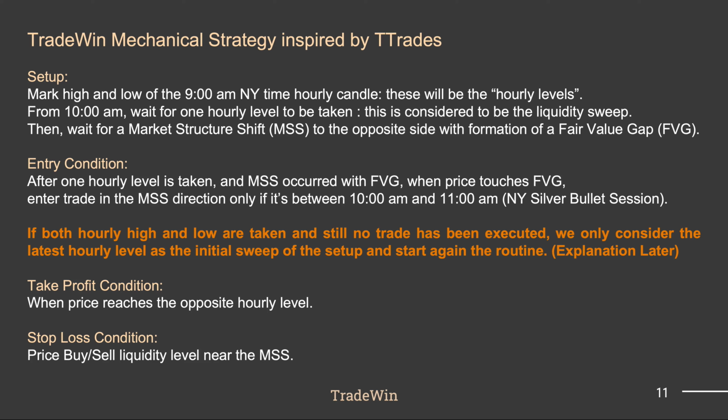In this example, as the high was taken and still no trade has been executed, and then the low was taken, both hourly high and low have been taken. So I'm just considering the latest hourly level to be taken as the initial sweep, and I start the